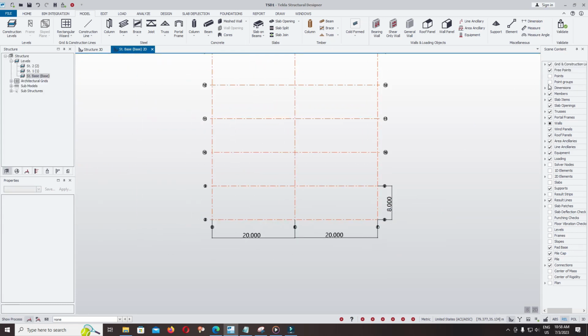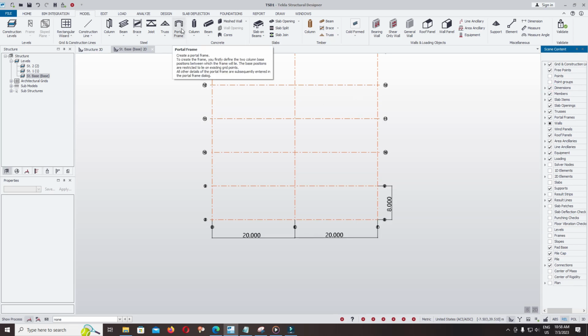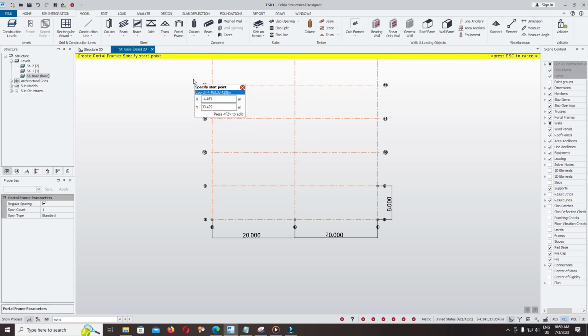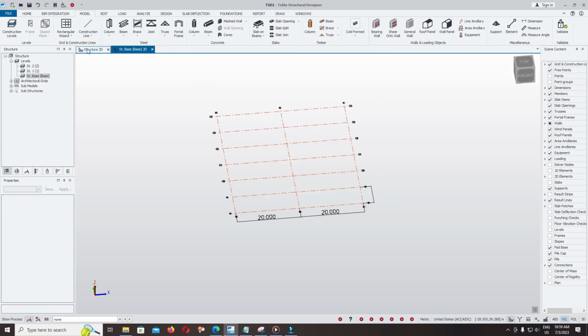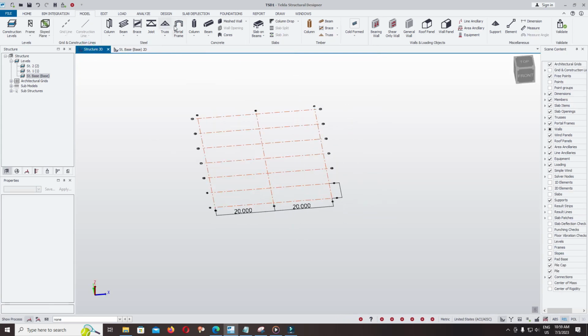You can turn the dimension on or off. Click on the portal frame. You can choose the portal frame in the top view. Select on the base wall and click on the portal frame. Another way: escape, click on 3D, click on the portal frame,